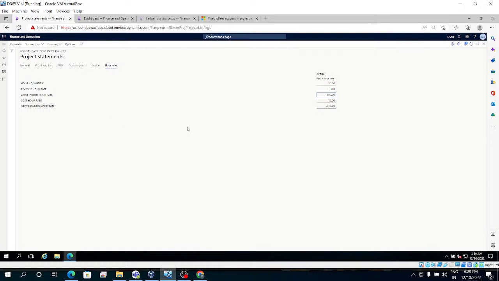Gross margin hour rate 315. Value added hour rate 300. And hour quantity is 10. So this is about